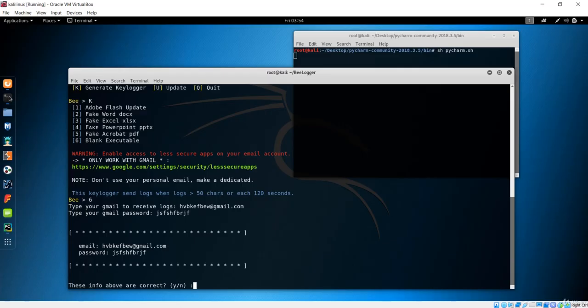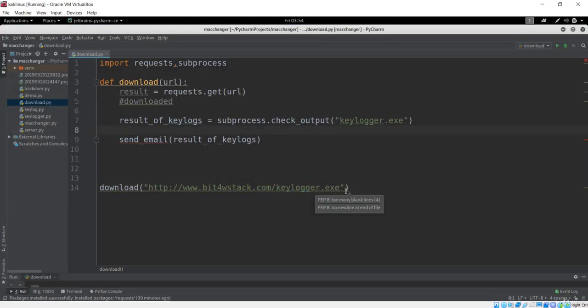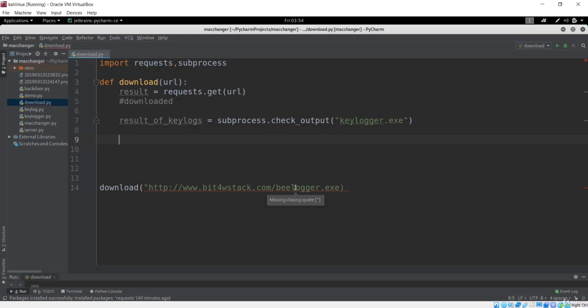So next thing what you can do is simply you can just copy or basically get that application that is created by this blogger, and let's go to the PyCharm, and here you can replace this keylogger with the blogger that is created with this blogger application. That will be with the extension .exe, because that has pre-installed PyInstaller, and basically what PyInstaller does is it will just convert the Python file into the .exe file, which is the executable that is required for the Windows. And after you just download it, it will execute on the machine, and basically this is not needed, which is the send email in the case of your blogger. So this will be just your program in order to send the blogger, or the keylogger, which is named as blogger, to the client.